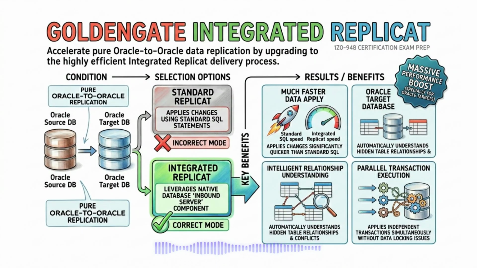The biggest challenge during any initial load is that your production database does not stop working while you are copying the data. Customers are still placing orders, meaning the data is constantly changing while your massive copy operation is running, which could lead to missing transactions. To solve this, GoldenGate tracks a special marker called a commit sequence number, or CSN,